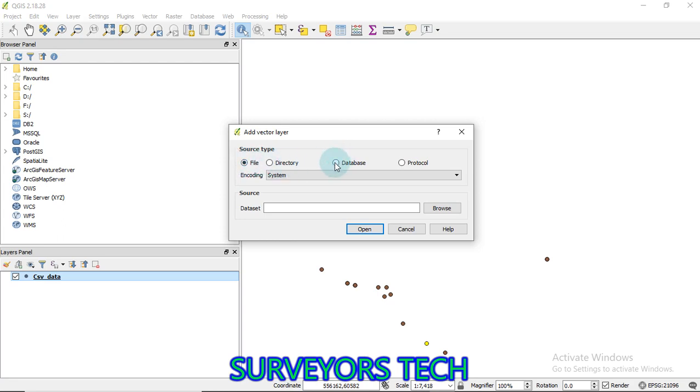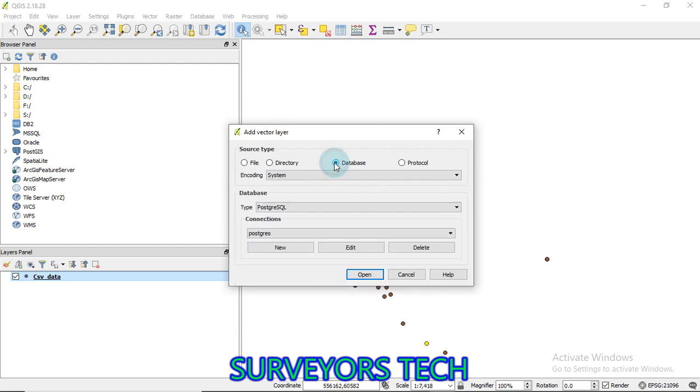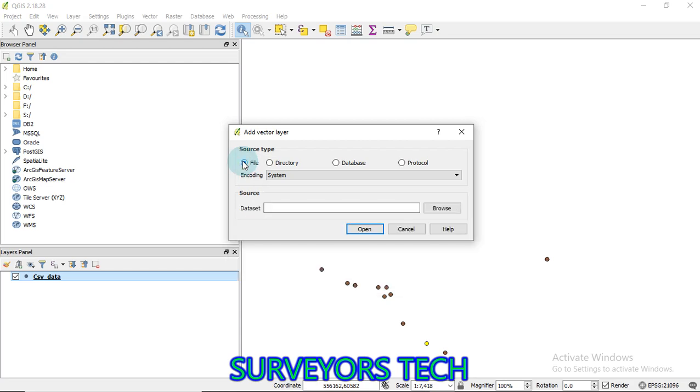But as I told you, QGIS also supports databases like PostgreSQL, which has an extension of PostGIS. You see I've been dealing with this, so that's why this database is already selected, but we are not going to use that for now. Let's look for a file.